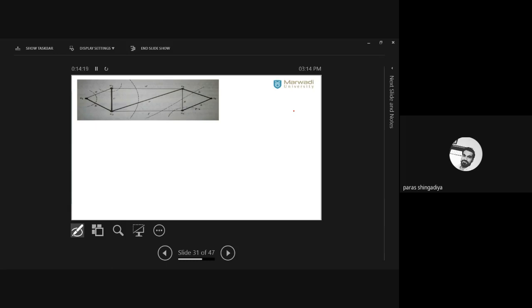So first I will check its circuit rank. To create a spanning tree, what is the first step? I will define its circuit rank. What is the answer for the circuit rank? There are 9 edges, 3 plus 3 plus 3, that is 9 edges, and 6 vertices. 9 minus 6 plus 1, that is, m minus n plus 1. That is the formula of circuit rank. So 9 minus 6 plus 1 is equal to 4. It means you have to delete 4 edges to make the spanning tree of this graph. You have to remove 4 edges such that you can make its spanning tree.